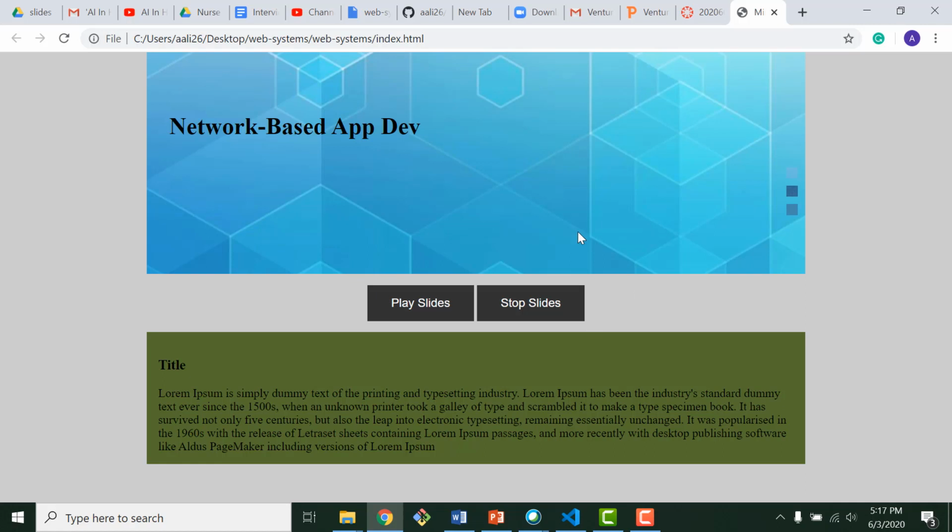Okay, as an extra credit for this milestone, you might do something like this. You are not required to do it, but if you want to do it, then you're going to get extra credit on the milestone's overall grade. So for this one, I want you to replace the 4 entries of the blocks to make it like a slider. So if we click here on play slides,